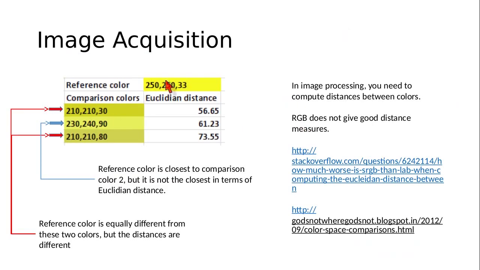If you try to measure distances between pixels in terms of red, green and blue, the perception differences will not be the same. So a human being might perceive certain colors to be the same, but in RGB space the colors may be different, right? So in RGB space, if you compute a distance, these two colors are similar to each other, but according to human beings, these two colors are similar to each other. And this again becomes an important problem in image processing.